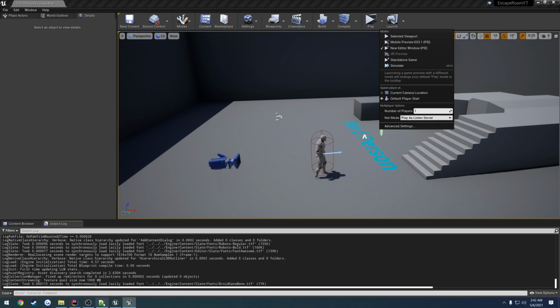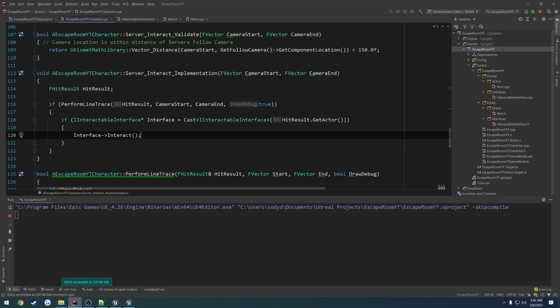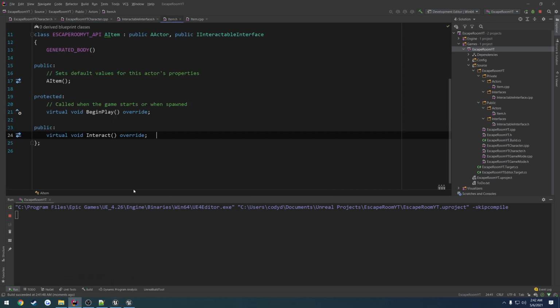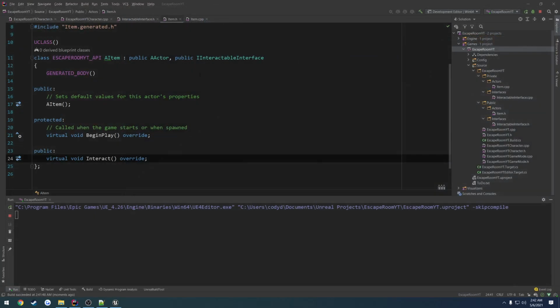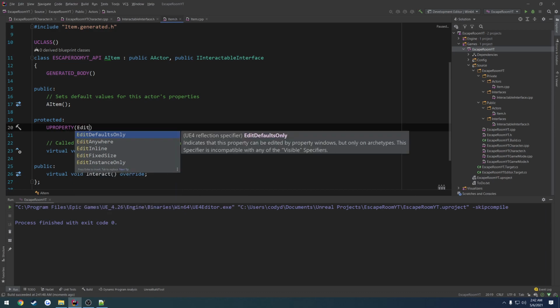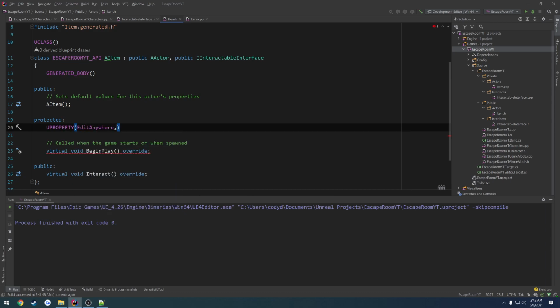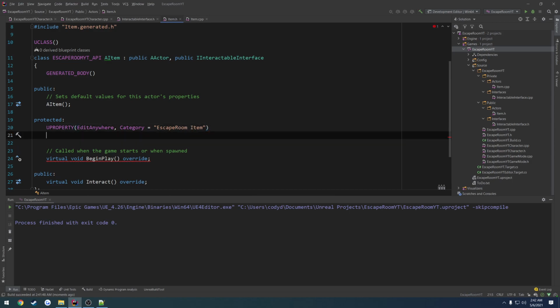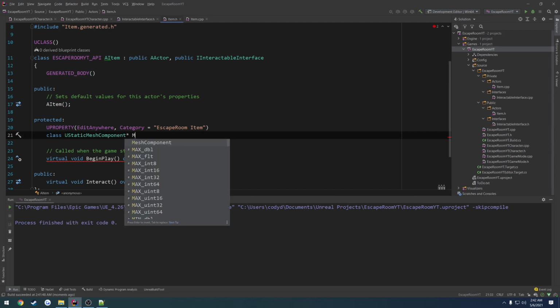Yep. So what we have to do actually is create our item class real quick. I completely forgot about that, so real quickly, let's create our static mesh. So property, edit, and we'll do edit anywhere for now. Category equals escape room item. So we're going to declare a UStaticMeshComponent mesh